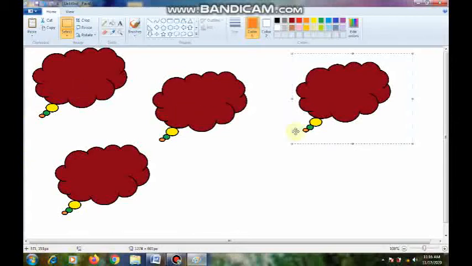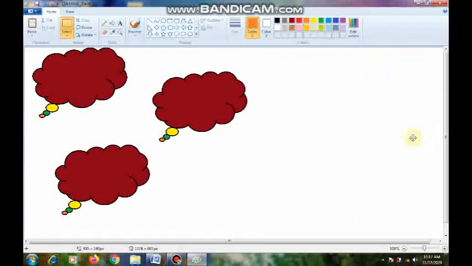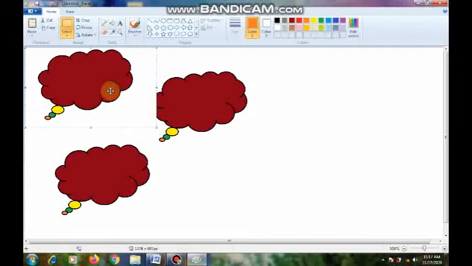For example, you want to cut the picture. Okay, same select option you take and select that picture. You press Ctrl plus X, means pressing the Ctrl button and pressing the X button. See here the picture was cut. Next you want to paste again, Ctrl plus V. See here it is pasted.